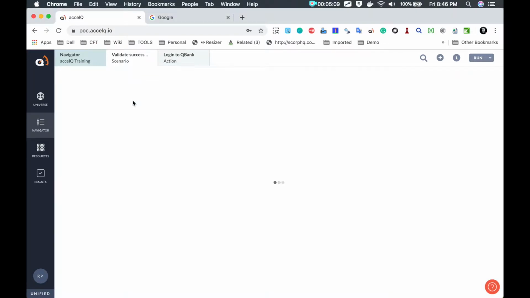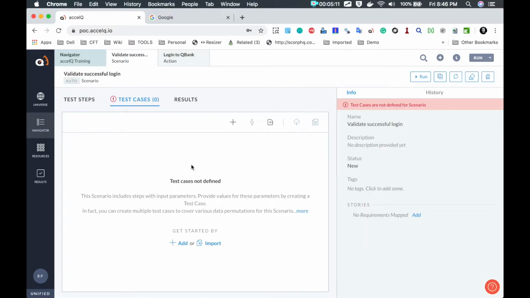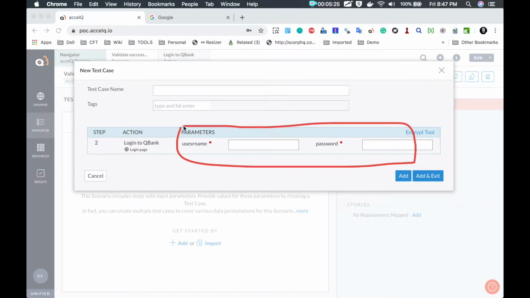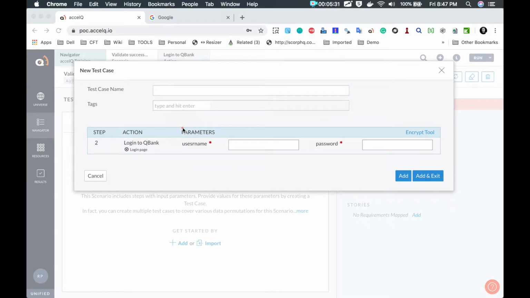So I will go inside the test cases section, and here you can create a test case by clicking on this plus button. So I will click here plus, and now here you can see we can provide a name to this test case, and you can now see we are having these parameters and we can provide values here. So you can now see the advantage of adding parameters. Now I can run my scenario and I can actually create multiple test cases with multiple set of values for